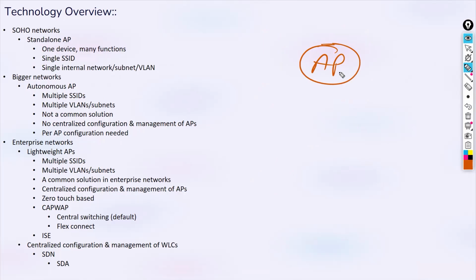On this AP, you can create multiple SSIDs. Let's say in your office, you have 100 users, or 500, 200 users, depending upon the size and scale of your network. And you are saying that you have different kinds of traffic or users or departments, whatever. Let's say you want to have a separate SSID for HR, a separate SSID for sales, a separate SSID and VLAN or subnet for guest and marketing. All right.